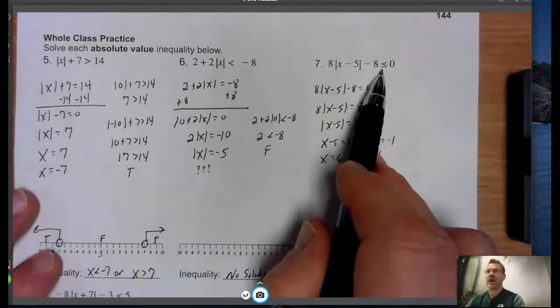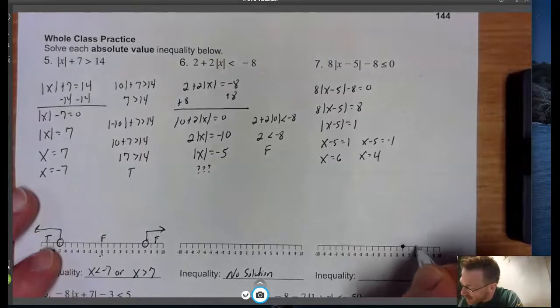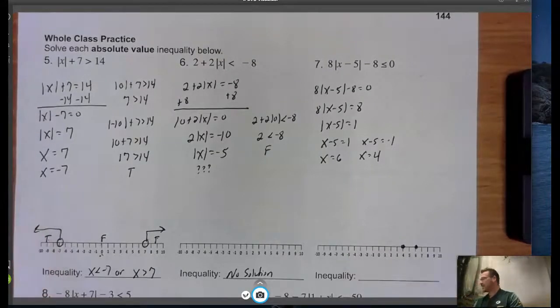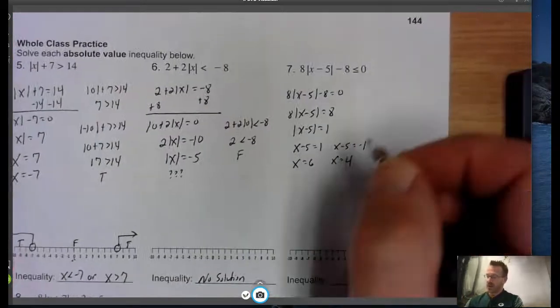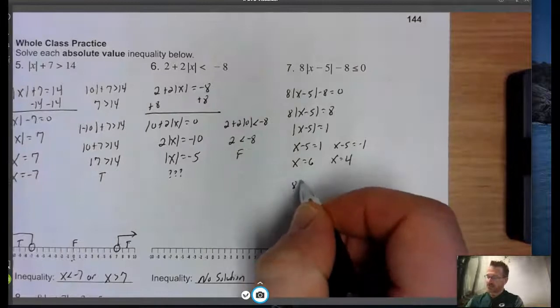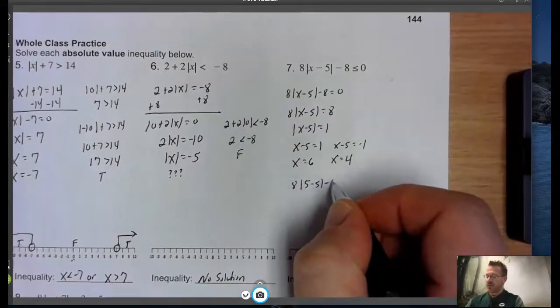We know that they're going to have a solid circle, so let's go to 4 and 6. All right, and put that solid circle on our anchors. I'll get it right here in a second. All right, so notice there's one good number to test that's in the middle of our anchors here, which is 5. So I'm going to take 5 and plug it in to my inequality and test. So we're going to have 8, and then 5 minus 5 inside our absolute values, then minus 8